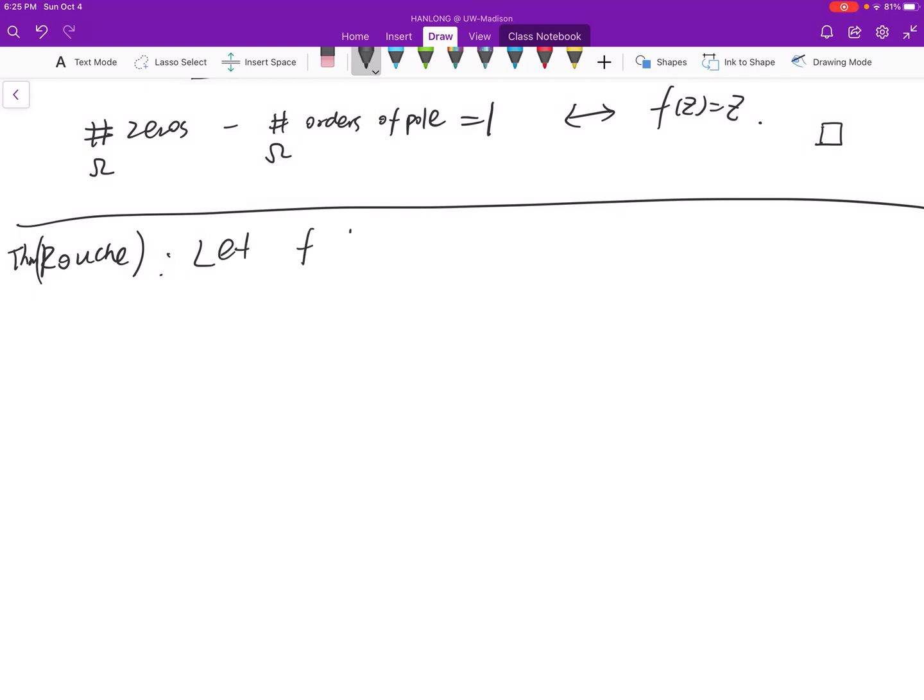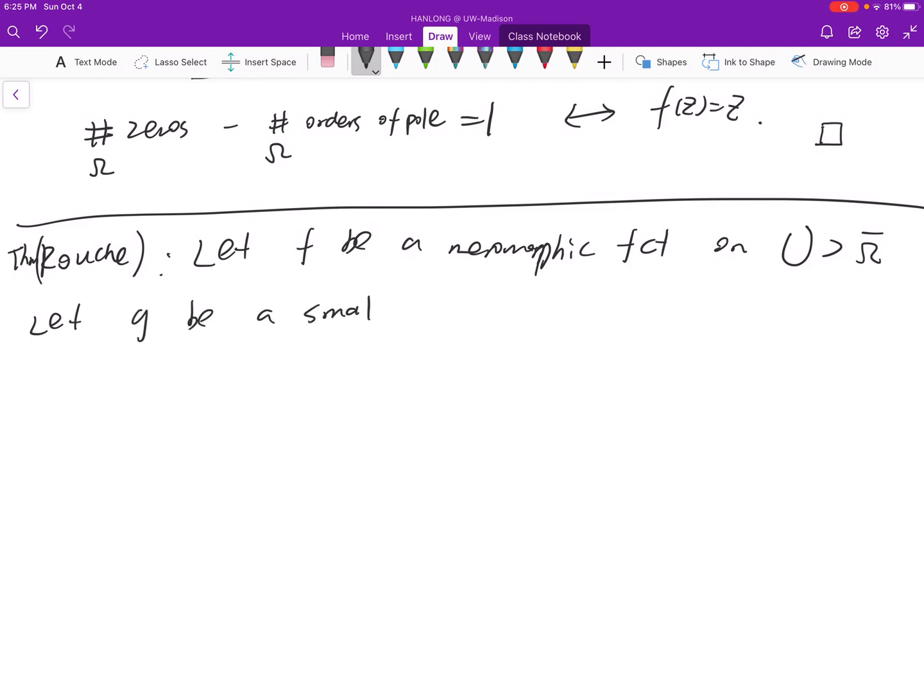Let f be a meromorphic function on U containing the topological closure of omega. Let g be a small perturbation of f. That is to say,